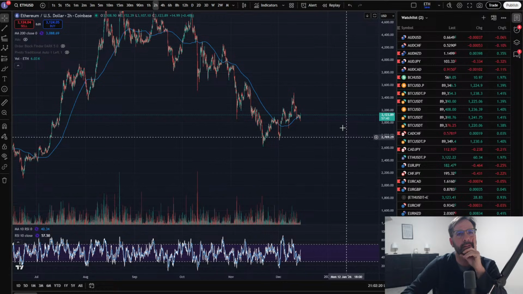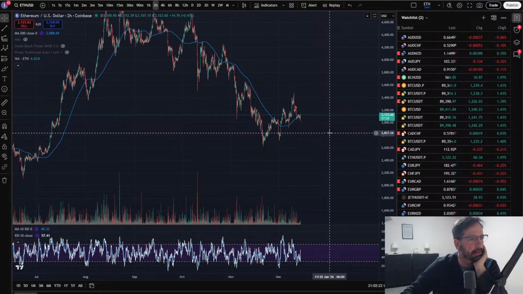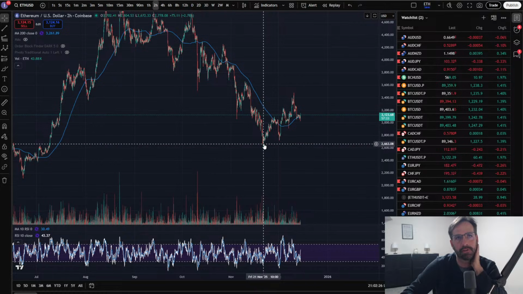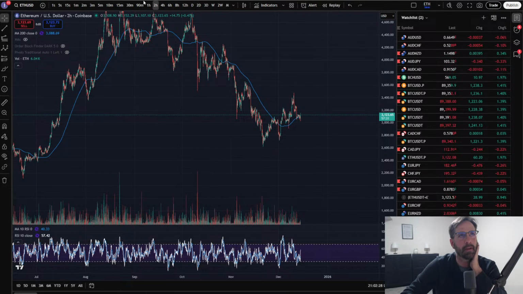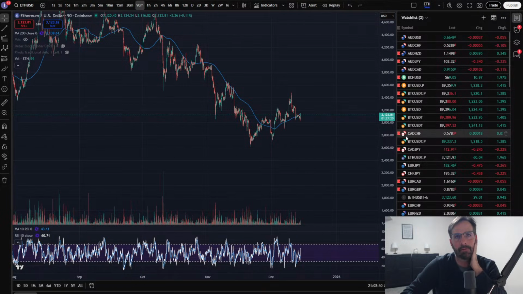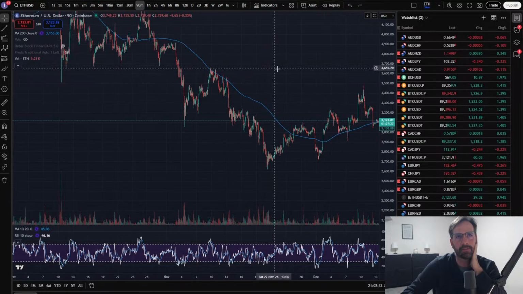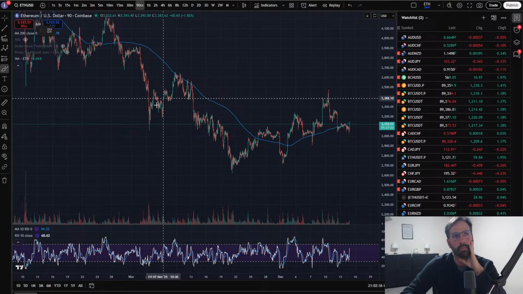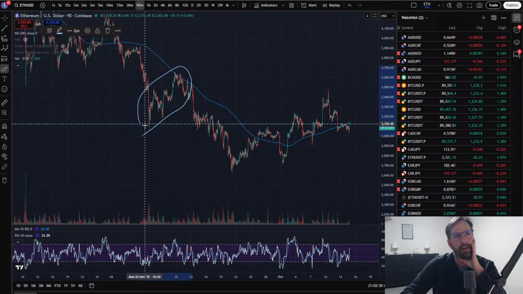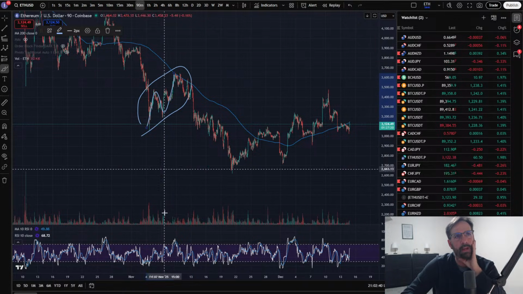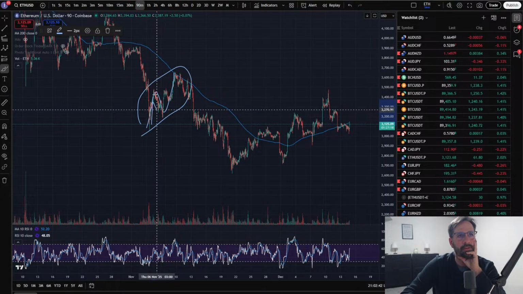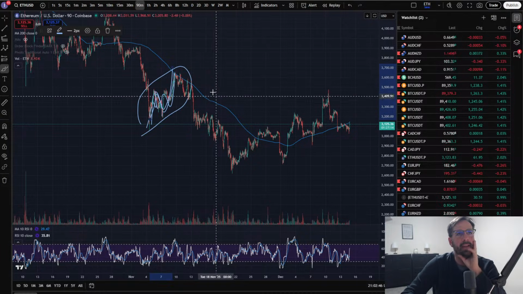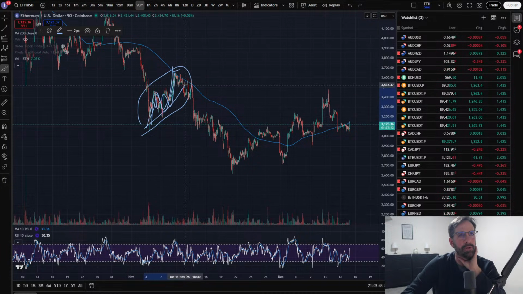So for those of you new to the channel, you say, what am I doing here? What I'm trying to do here is understand this correction. Some of you are new to Elliott, and I recognize that. So we look at the corrections and try to understand them. See that wave right there? That's a 3-wave move, and we can identify that. That's a 3, that's a 3, and that's a 3. So that's a WXY. It's a 3-wave correction. We can see it, we understand it.